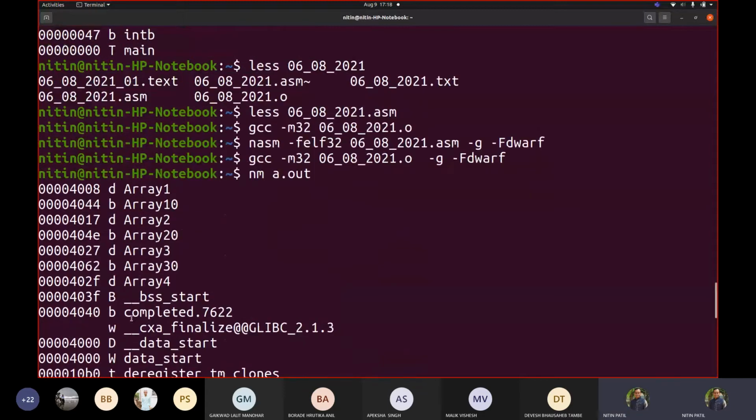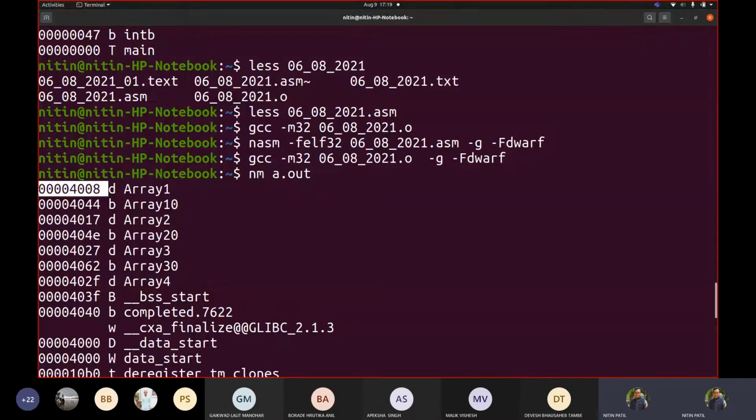So what are the variables that we added? See the number that is added over here. If I go along by adding 14 to 8, this 8 is a hex number, correct? 4008. So this is the address that it got in the executable file. So this is after translation, and at runtime it may have another number there.